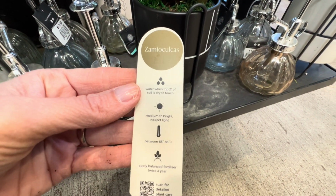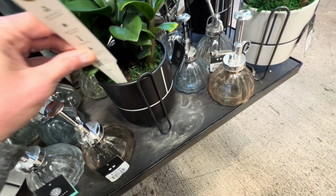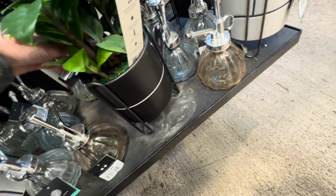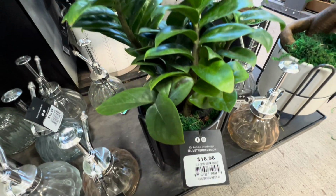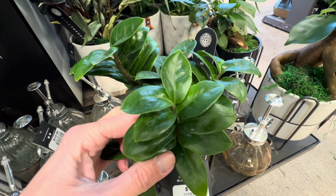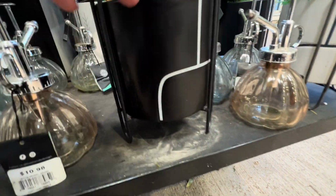I really like the look of our next plant and how it's potted. This is the Zamioculcas with moss planted underneath, and it's also known as the ZZ plant, which is way easier to pronounce. I own the ZZ plant and actually the ZZ Raven variety. I found this to be a wonderful plant to own and extremely easy to care for. It has an upright growth habit and is noted to be able to grow in just about any kind of